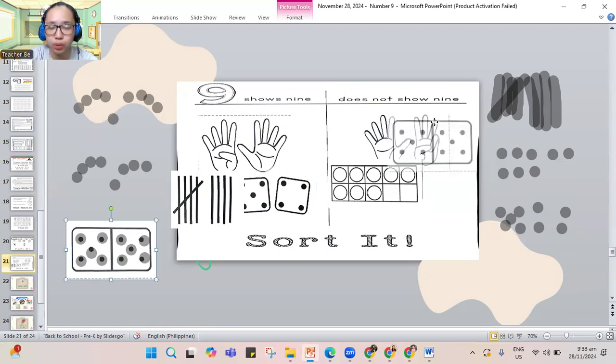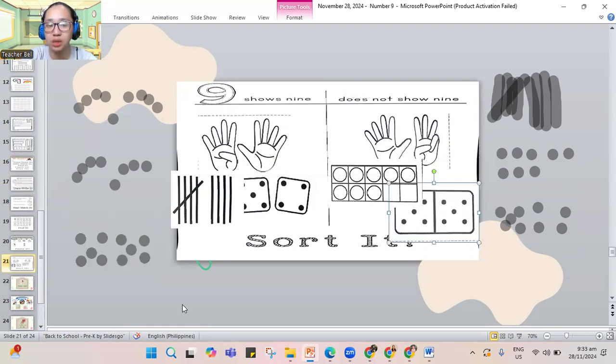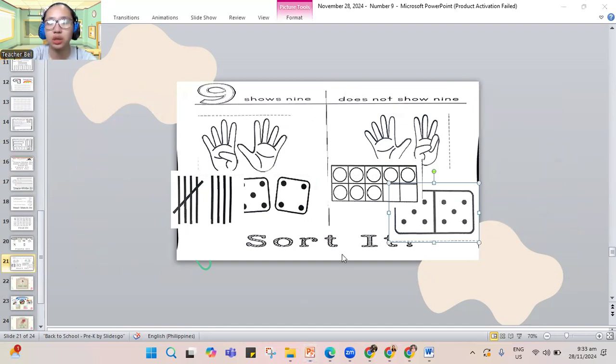I forgot to put this one. This goes here in the other box. It's other numbers. That is 10. Let's erase the writings on the screen. And this is how your last page of your booklet should look like. All the number 9s here. And this column doesn't show 9. And now we are done with our work.